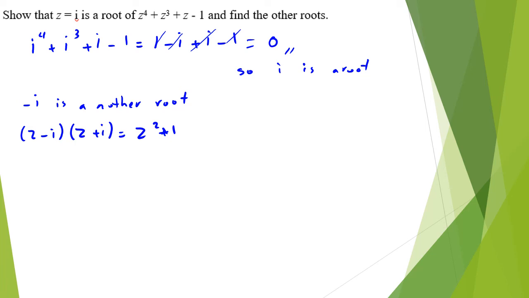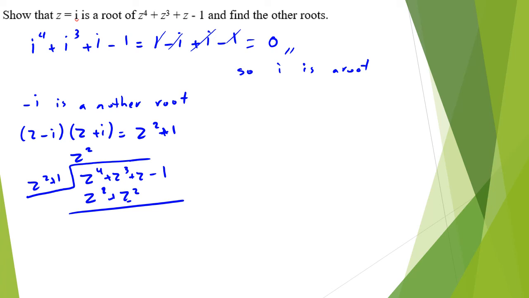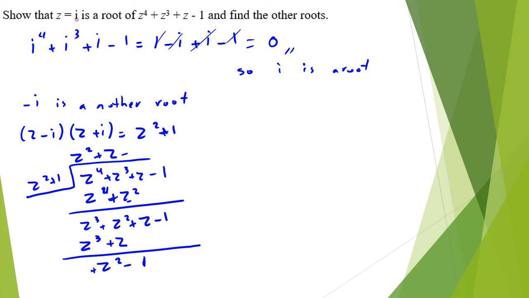Now if I divide the main equation by that, it's a long division, just divide it, z squared first, minus, then times by z, because z cubed first, next, minus, that's positive, sorry, positive, minus 1, and then if I do minus 1,